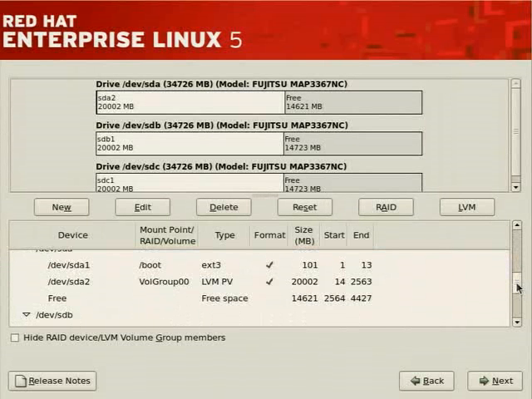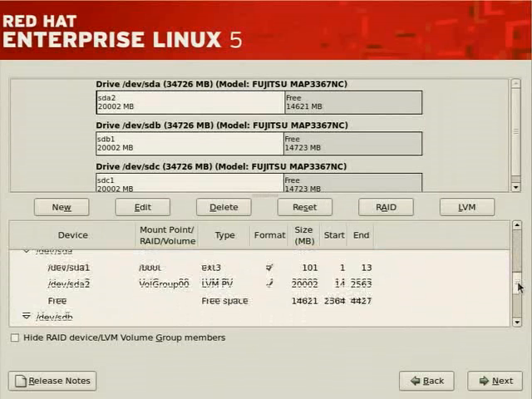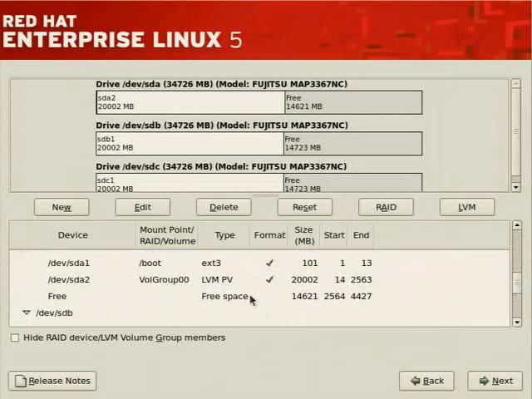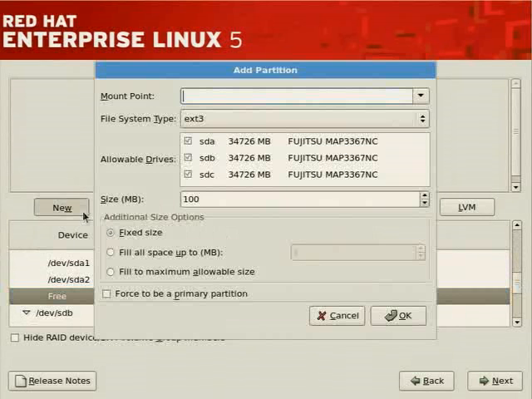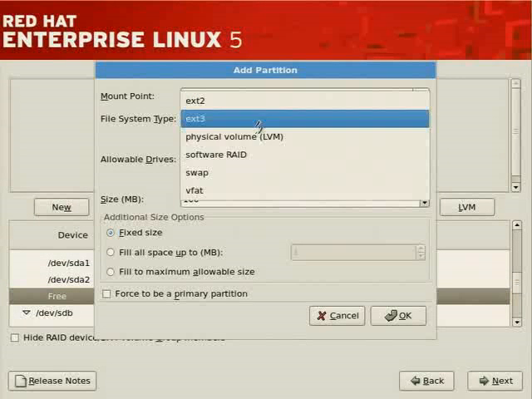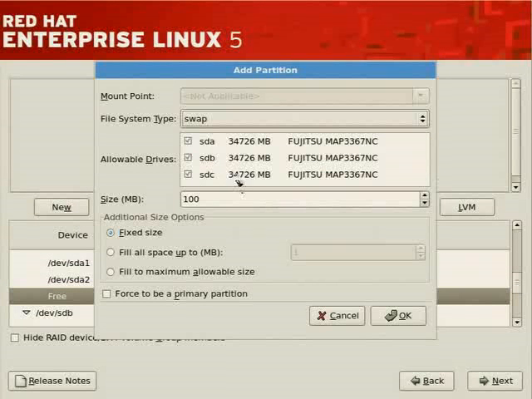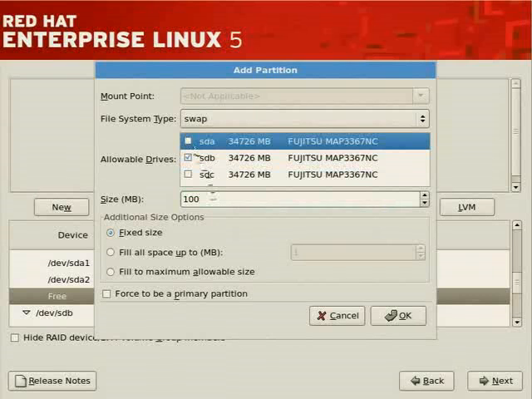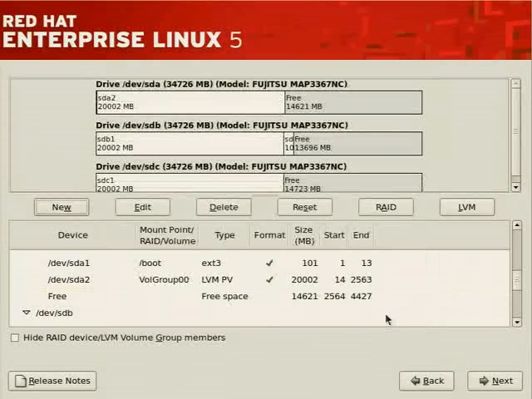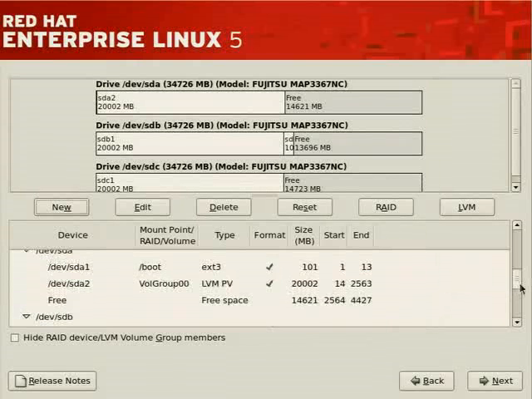Super. Now at this stage, we should create swap somewhere. Let's do so on the second disk where there's free space. Click on New, file system type swap, and this is on the second disk, so we'll deselect the third and the first. We'll set it to be twice random access memory, or 1024 megabytes. And now we've got swap, and now our partition table is set, and we still have tons of free space